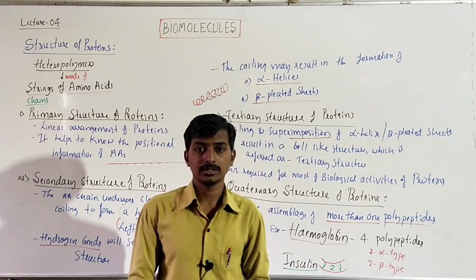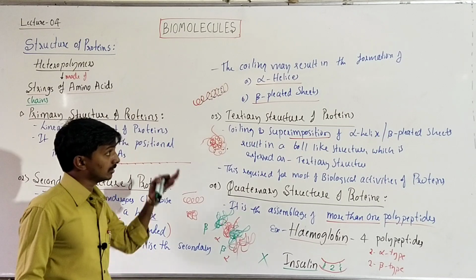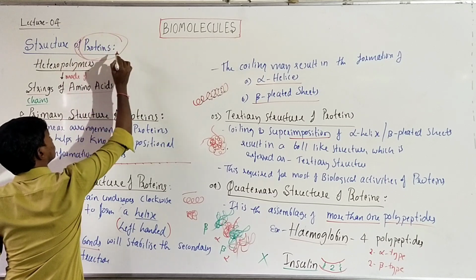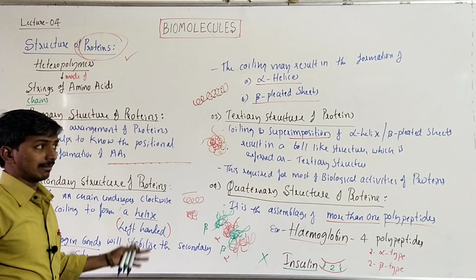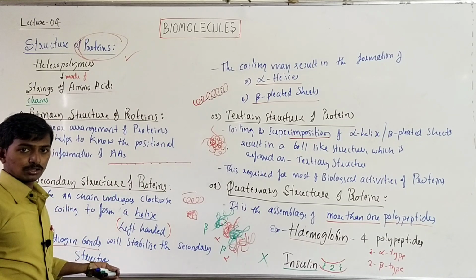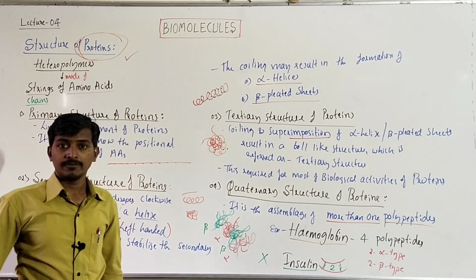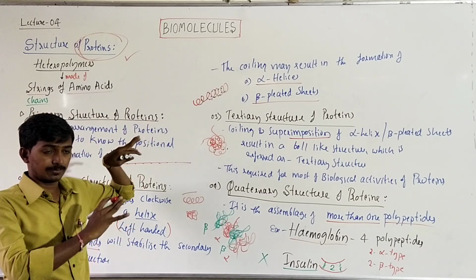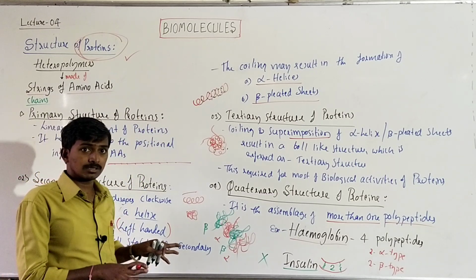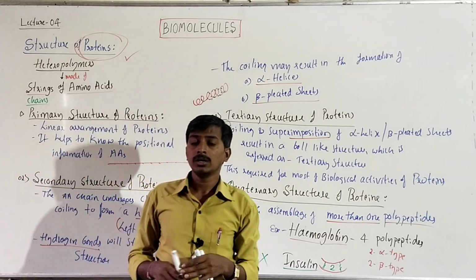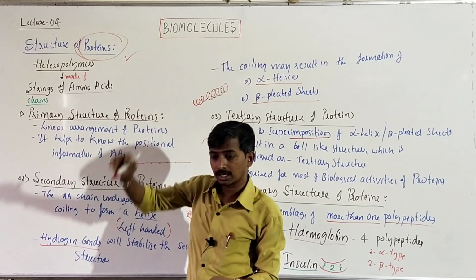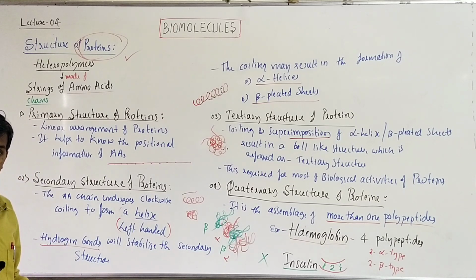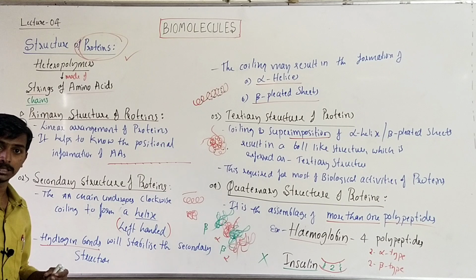In the next class, we will take another biomolecule. With this we have finished the proteins. Other details like types of proteins based on chemical nature we will discuss during NEET discussion. When we come to NEET classes after completing the theory portion, we will discuss other concepts about protein. But as of theory classes, in the next class we will take up another biomolecule. Next to proteins, we will take up carbohydrates. So glucose, carbohydrates, sugars, sugarcane juice, the sugar in your home, tea, we will discuss all that